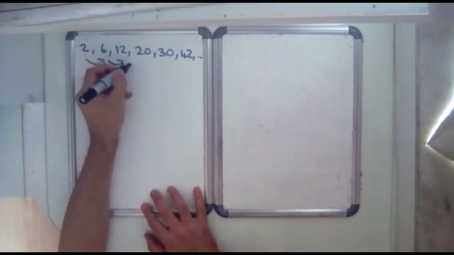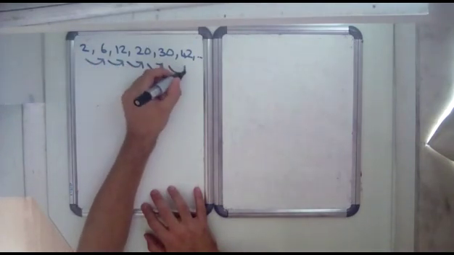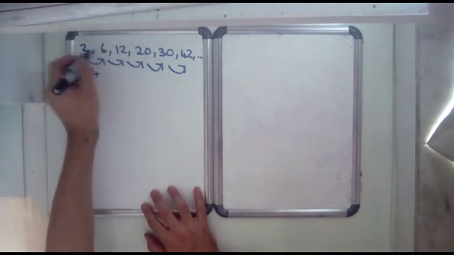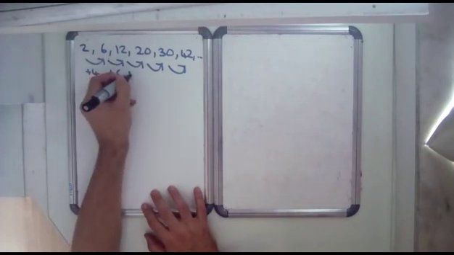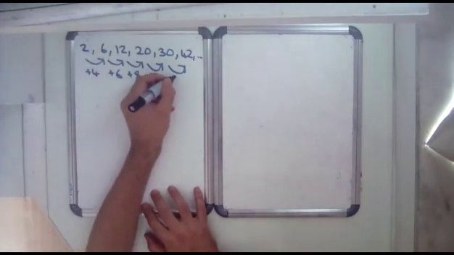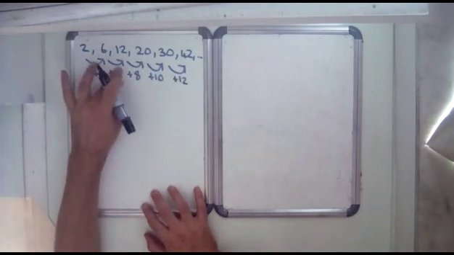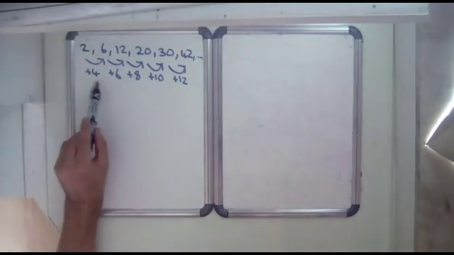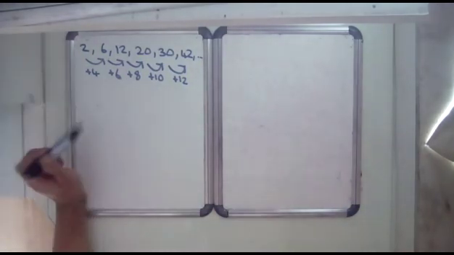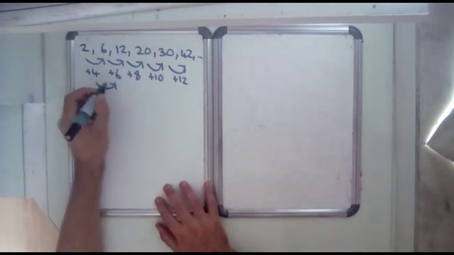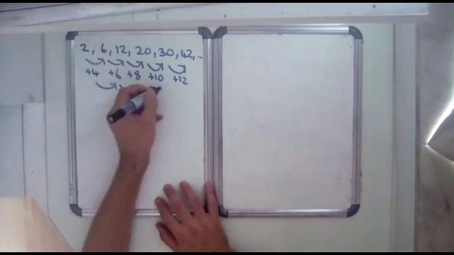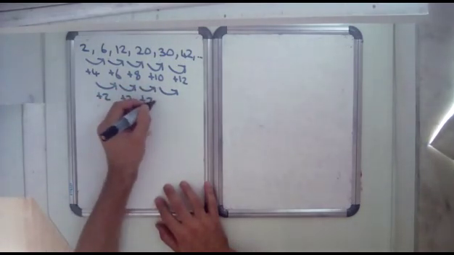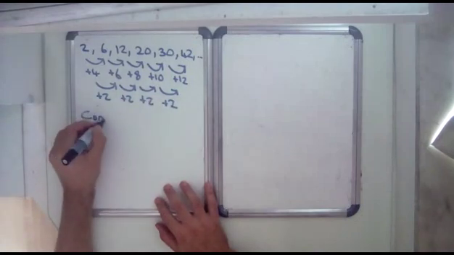So let's get that. This is called the first difference. So 6 minus 2 is plus 4, plus 6, plus 8, plus 10, and plus 12. So you may see there's something going on. Whilst these differences are not constant, they do have a pattern, they're going up by 2 each time. So if I now take the second difference, as in the difference between the differences, plus 2, plus 2, plus 2, plus 2, I now have a constant